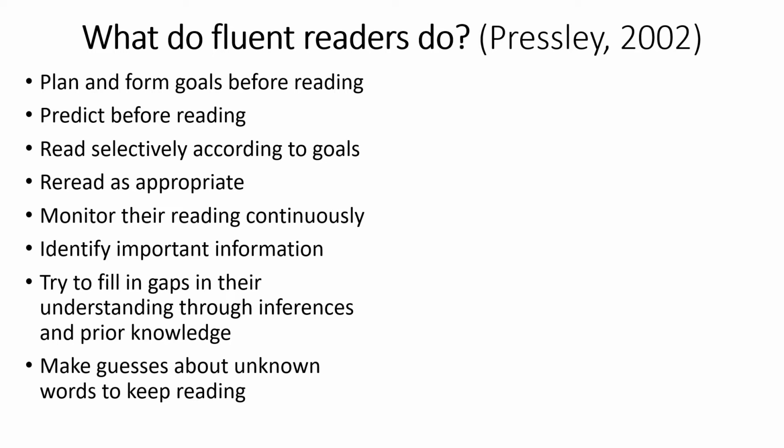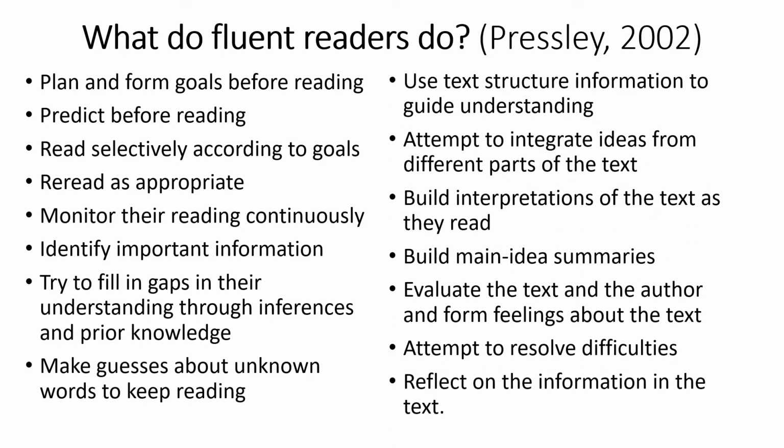So fluent readers plan and form goals before reading, they predict before reading. So this is a mixture of top-down and bottom-up processes. They read selectively according to goals, they reread as appropriate, they monitor their reading continuously, they identify important information, they try to fill in gaps in their understanding through inferences and prior knowledge. They make guesses about unknown words to keep reading. They use text structure information to guide understanding. And we'll see in the future slides how we can improve students' understanding of the text structure through the use